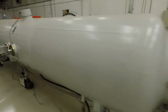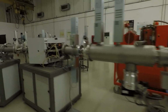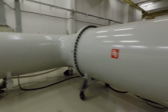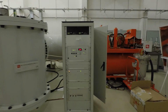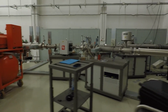The 3 MV Tandetron accelerator is mainly dedicated to applied research. The accelerator system uses a solid-state parallel-fed Cockcroft-Walton power supply for generating high-voltage and an ion beam injector comprising 2 negative ion sources. A unique feature is the sodium charge exchange canal, used to obtain high-intensity alpha beams of at